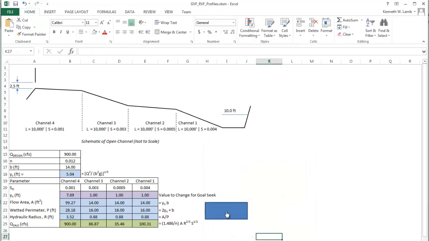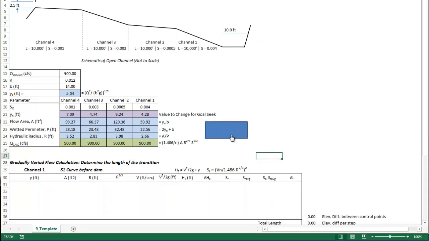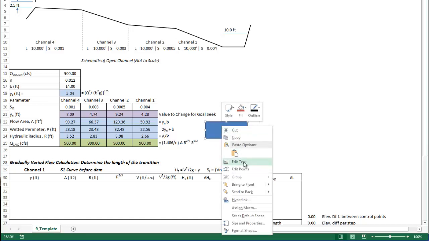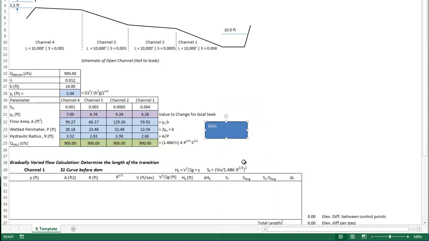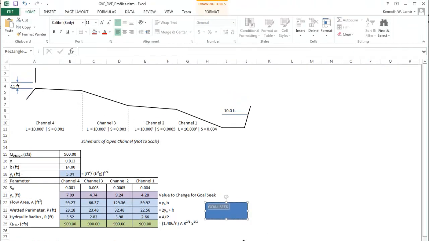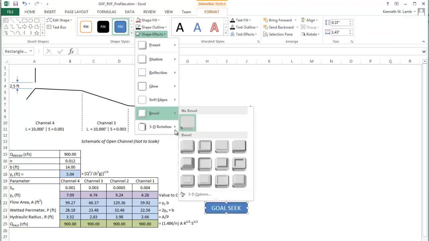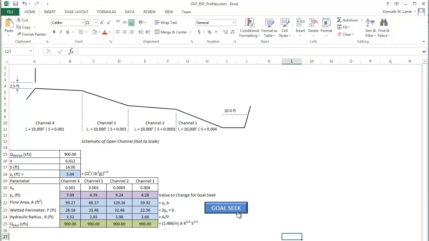Now that that's been done, when your cursor goes over the button, it turns into a finger, and when you click on it, it should run all the code. Bang. Done. So if you want to make this button a little more descriptive so that it actually says what it does, you can right-click on it once again and click Edit Text, and then simply type in the words goal-seek to say that that's what it's going to do. And I'm just going to continue formatting this to make it look nice, so that makes nice and cute buttons. And then you can turn it into a button looking type object. And now every time you hit it, voila, it runs the code for you.